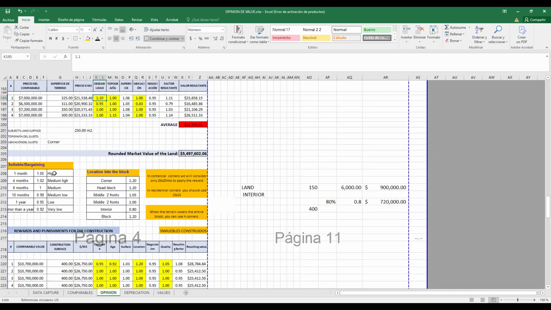Your property is high, 1.05. And the comparable is medium low. For example, no, low. It's 1 level lower. So the difference is 10%. You see, it's 10%. So you can use that 10% here to increase your property. That's why I write down 1.10. The topography, both are flat. So don't worry about the topography.